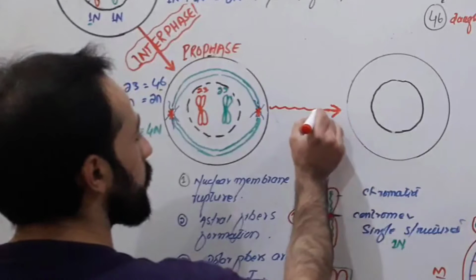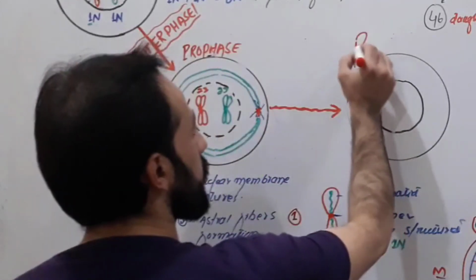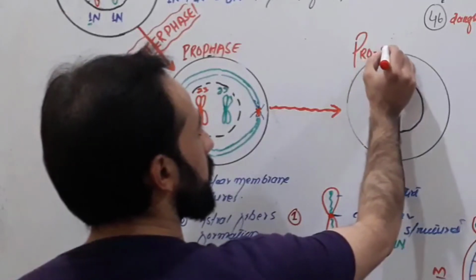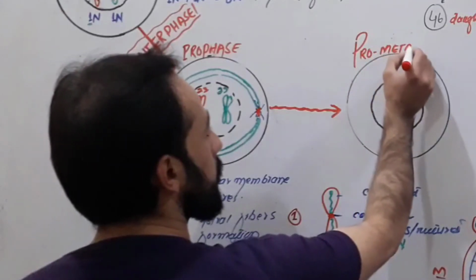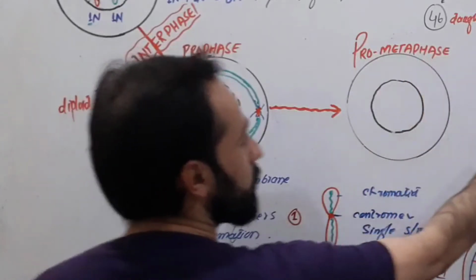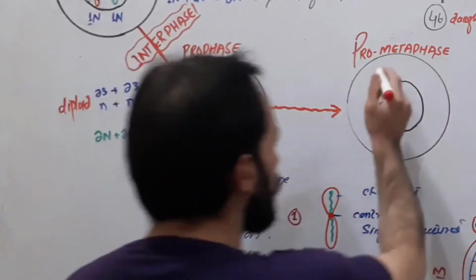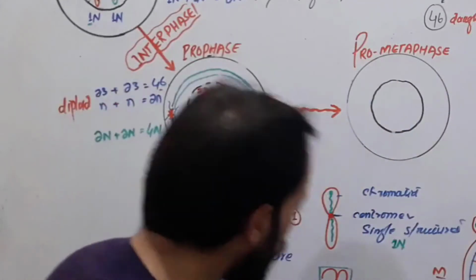Then the cell enters prometaphase. What? Prometaphase. So from prophase, the cell enters prometaphase. This will be our metaphase. So the phase which is present before metaphase, that is called the prometaphase. So what happens during